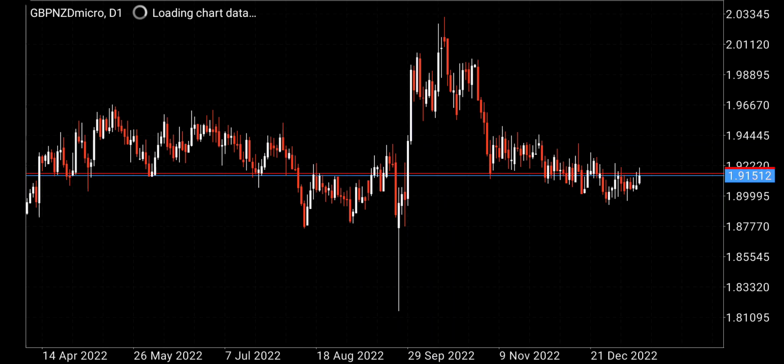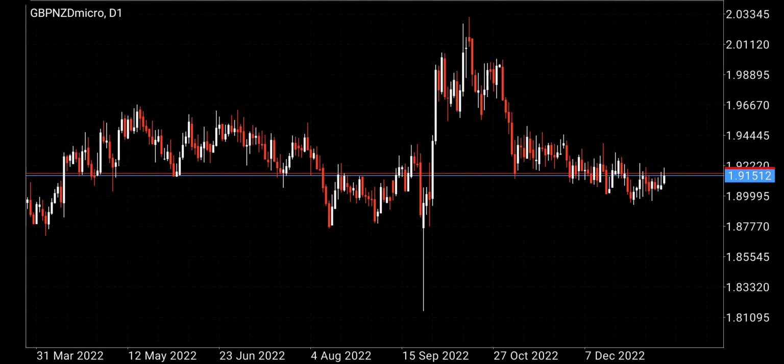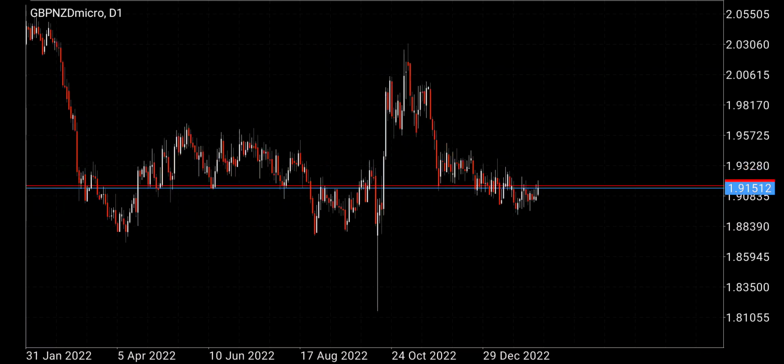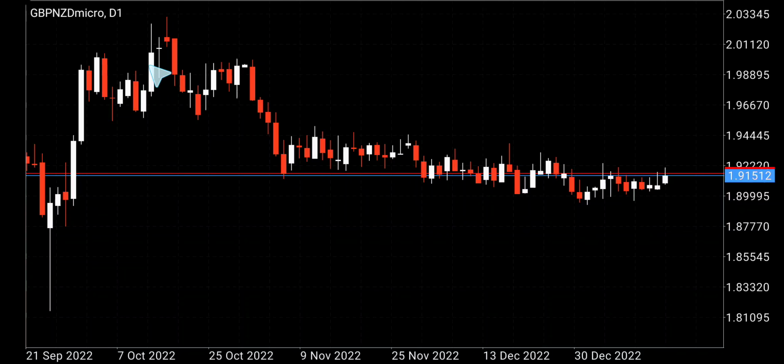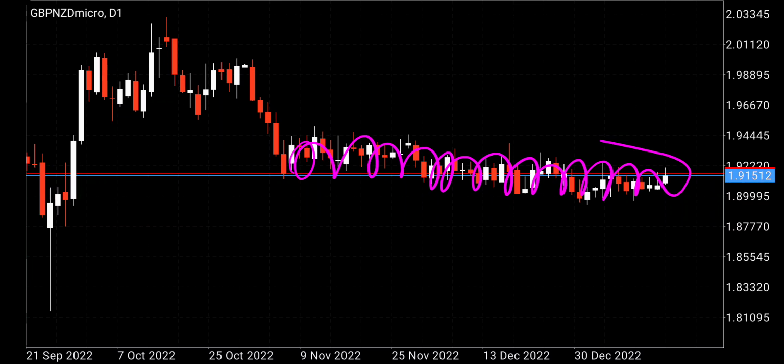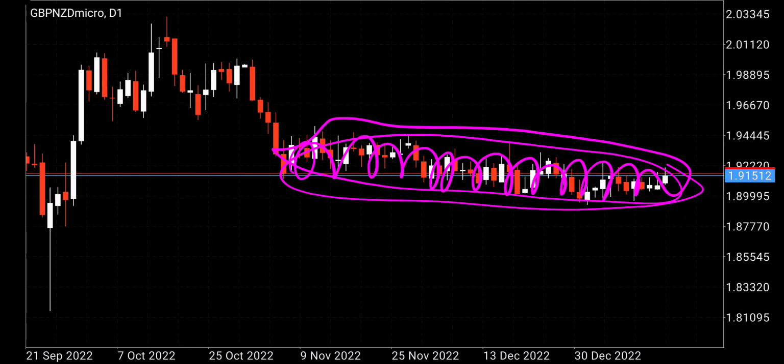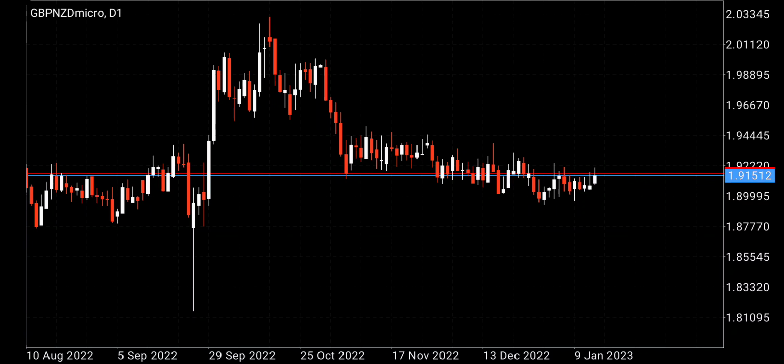So maybe if I get the price breaking a bearish trend line on the other time frames. I mean, look at this. What's this? For so long the price has just been doing this. You see, that's why I do not like currencies. What's this? But anyway, let's move on. Let's see if we can get anything. There's nothing at all. But all I can give you is that anywhere from here,